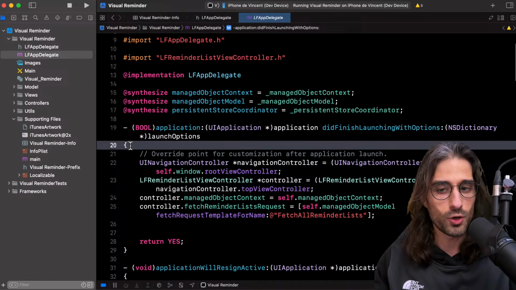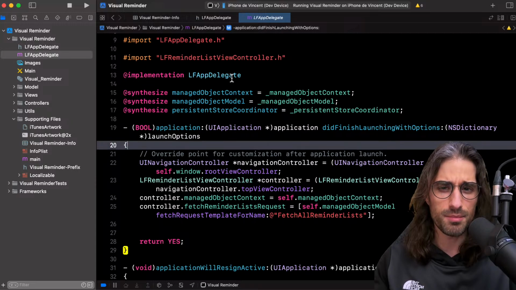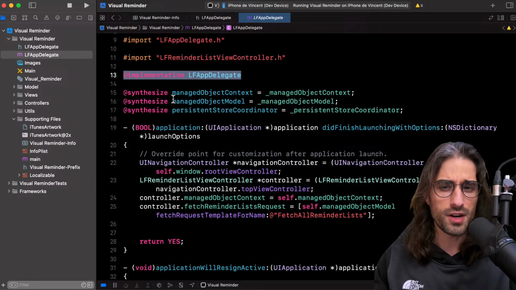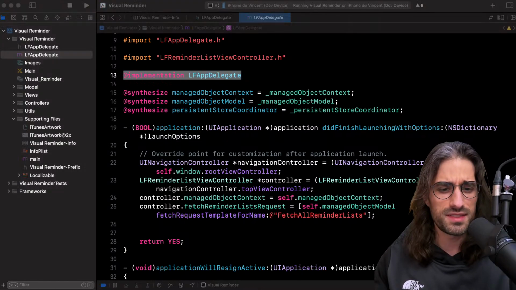Then we open a scope, so this time with curly braces. One of the reasons also why we use curly braces here, but not for classes, is because I think Objective-C was seen.